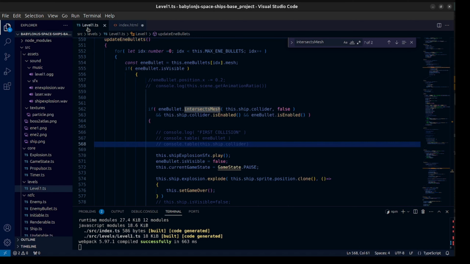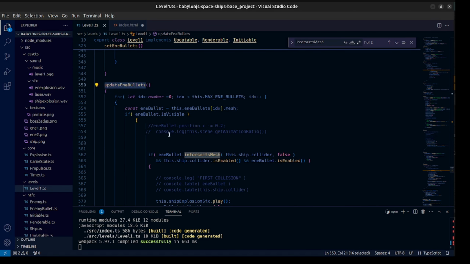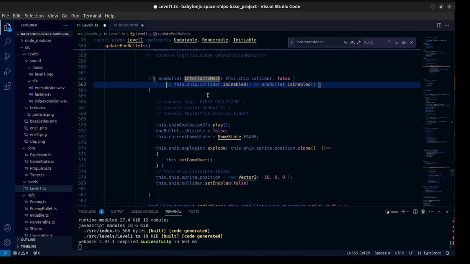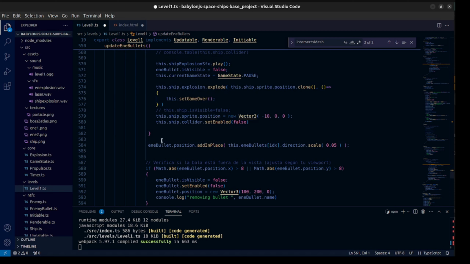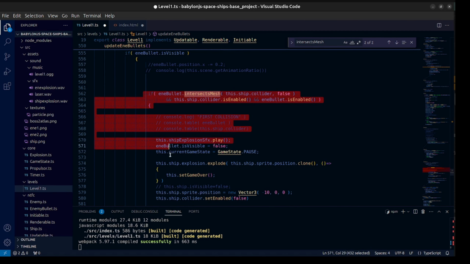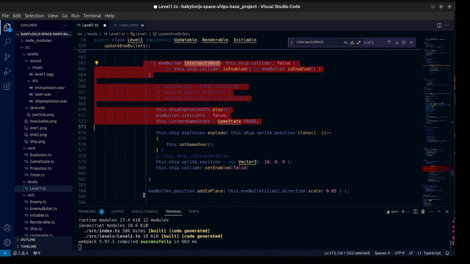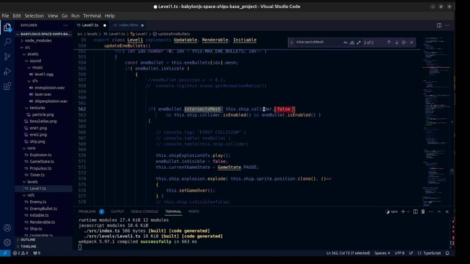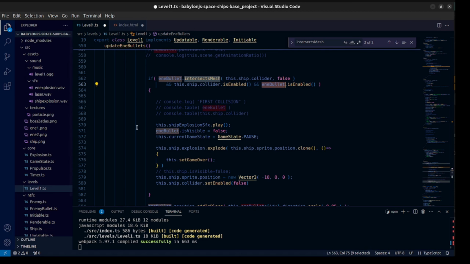So that's one thing. The other thing is, if I go to the update enemy bullet where we have our collision, I added this code here. I had this code before. The adding place was here above, so I put it below because I first want to check if we have a collision between the bullet and the ship, and if not, then I'm gonna start moving the enemy bullet again. To check for a collision, I check if I have an intersection between the bullet and the ship, and I need the ship collider to be enabled, and I need the enemy bullet to be enabled. Because if I put the bullet out of the level or the camera, it'll become invisible,